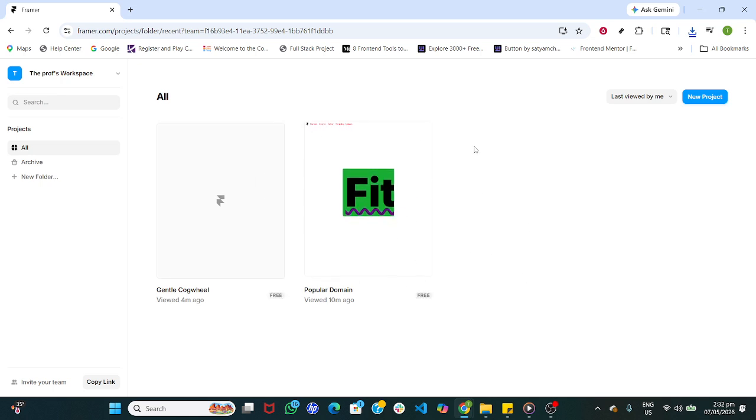First, head over to Framer in your browser and sign into your account. This will land you on your workspace or project dashboard, where you can see your recent and team projects. Take a moment to locate the website you want to archive. If you're part of a team, make sure you're in the correct team folder so you're looking at the right